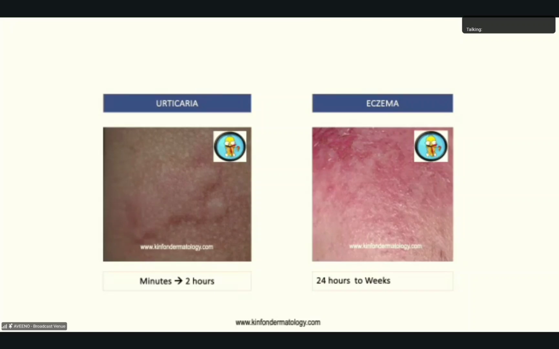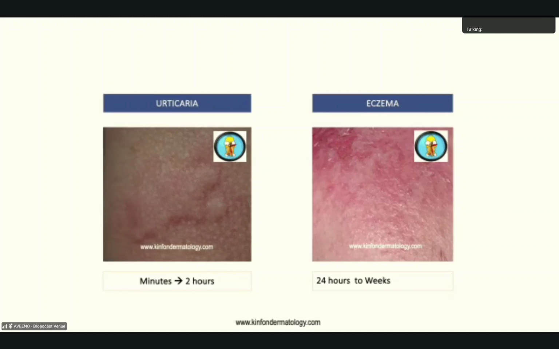Of course, the urticaria episodes can last for many years, but an individual lesion should not last more than 24 hours. In contrast to eczema, the surface is not going to recover within 24 hours. If they do recover, they will leave some pigmentary changes over the affected area. So one of the ways to differentiate them is to take a photo of the lesion and follow up 24 hours later